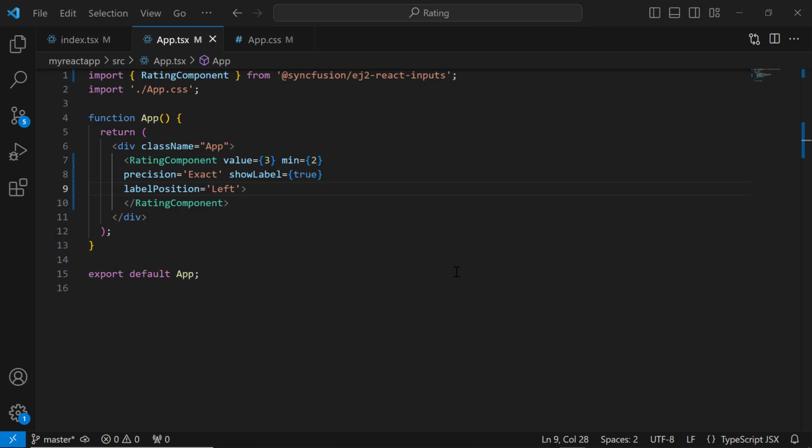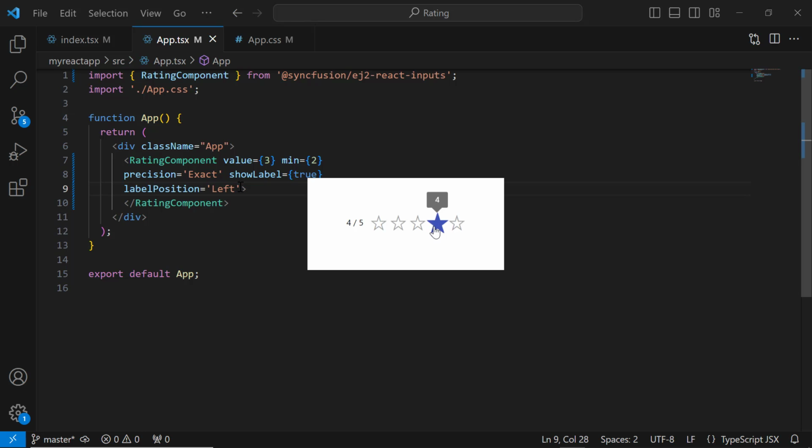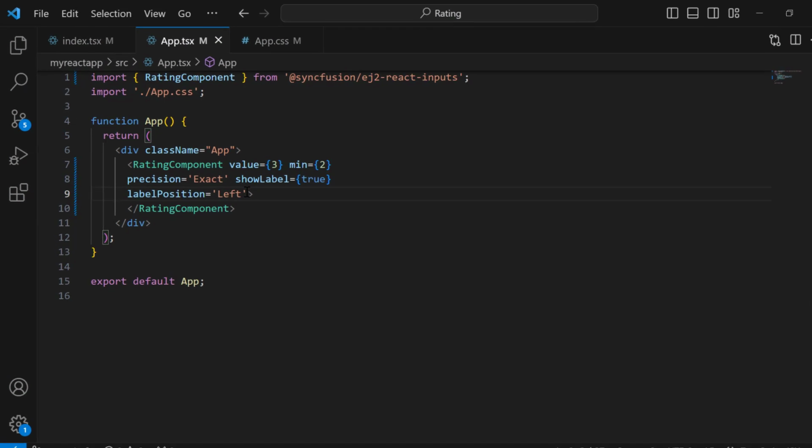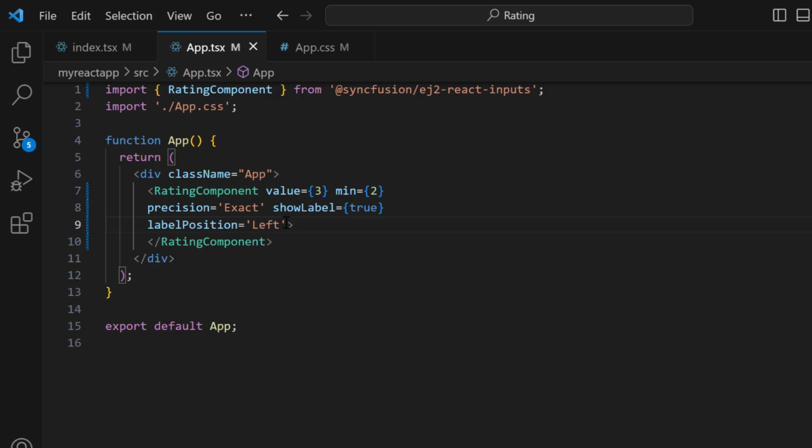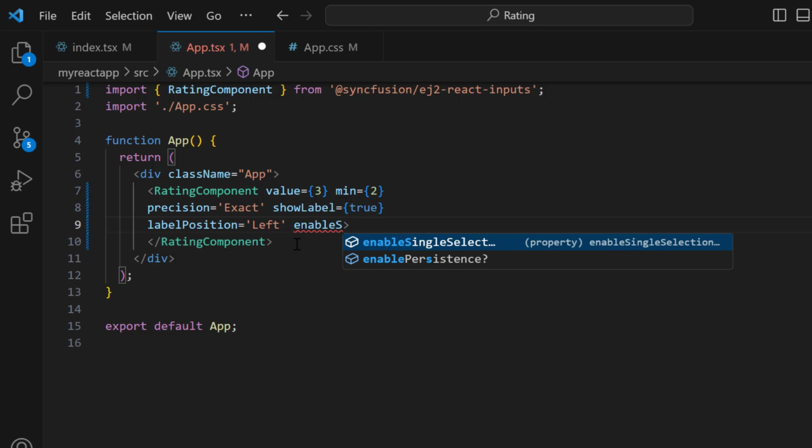See, the label changes accordingly. Next, I would like to demonstrate the single selection property. This property enables the selection of a single star based on the rating. For example, to assign 4, I can select the 4th star instead of all 4. To do that, set the Enable Single Selection property to True